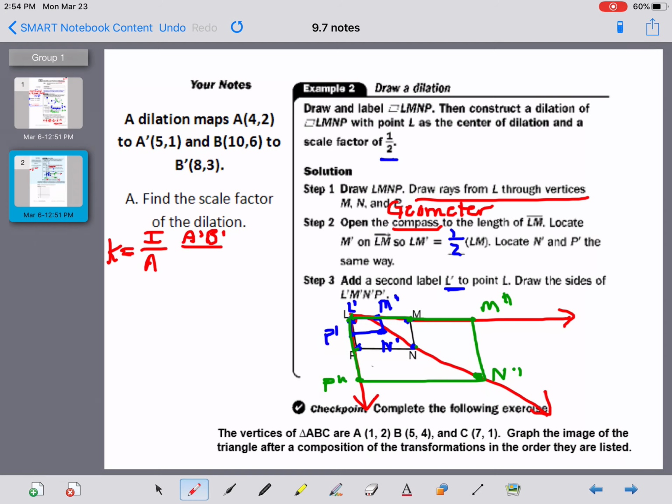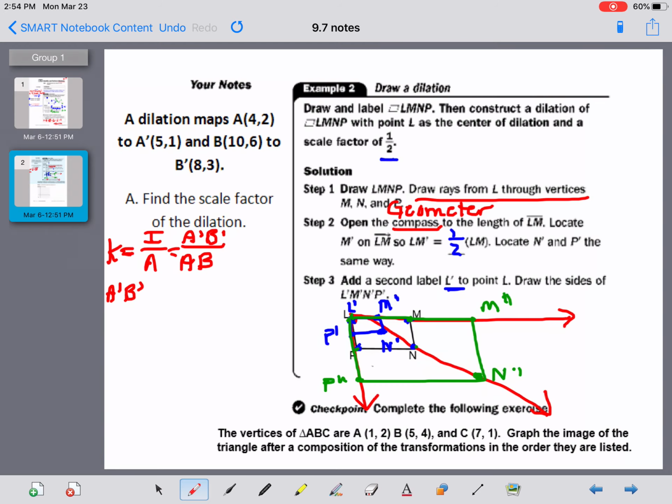So I'm going to put what I know on top there, and now my question is, how can I find a number to replace A prime B prime, or AB with? Well, A prime B prime is a segment, and every segment has a length, so if I can find the length of A prime B prime, or the length of AB, I can find some numbers to replace those with. So how do I find the length of A prime B prime? Well, one of our favorites, the distance formula. So let's find A prime B prime,